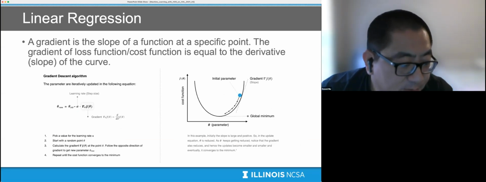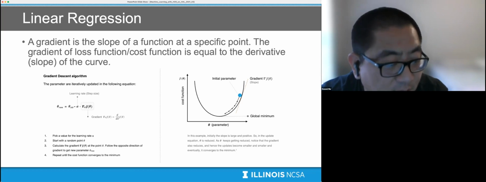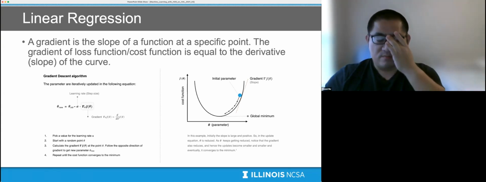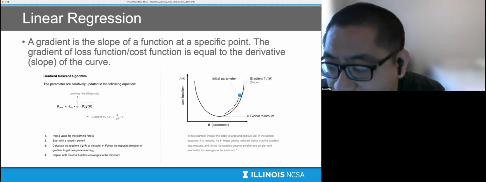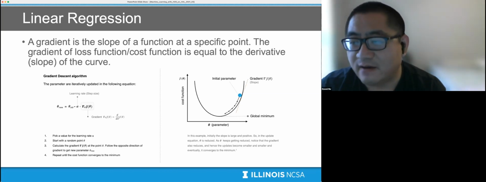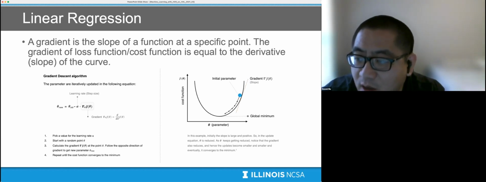A gradient is a slope of a function at a specific point. The gradient of the loss function is equal to the derivative of the slope of the curve. As we can see from the plots on the right-hand side, this method will have an initial set of parameters and then calculate the gradient